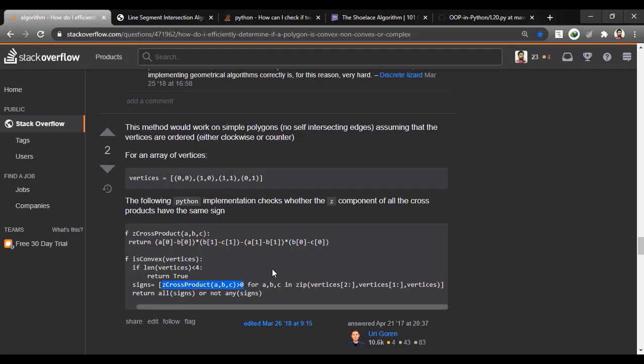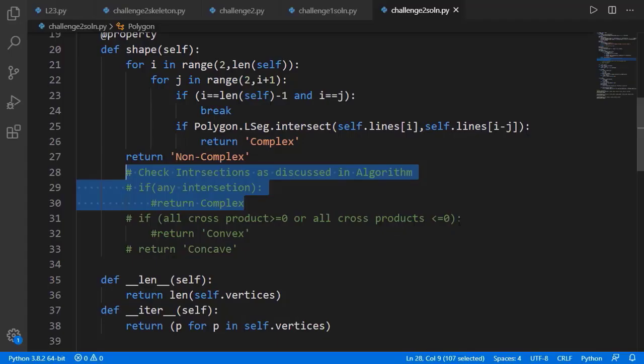The first problem in this solution is that he checked for greater than comparison only, and in case two line segments are parallel, the z component will be 0, so it should be greater than equal to comparison to handle those cases. Second problem is that in this part of creating the combinations of 3 points, he hasn't included the last line segment and the first line segment case, and that can lead to wrong results. So let's code this in our program.